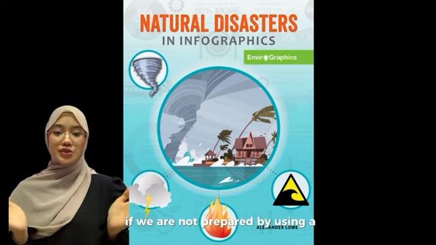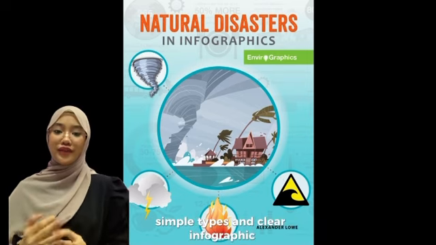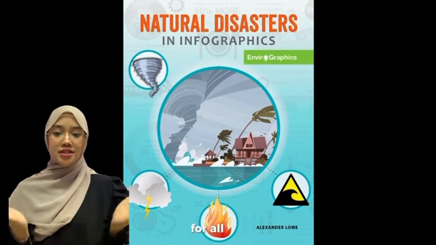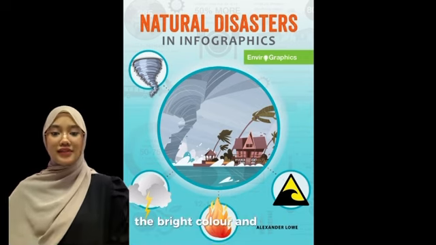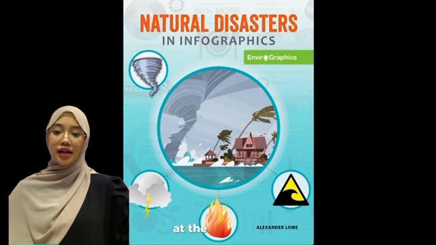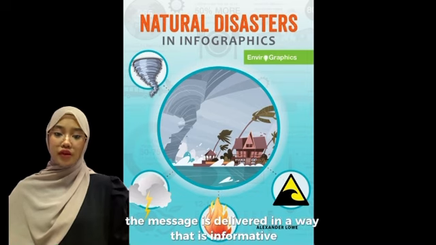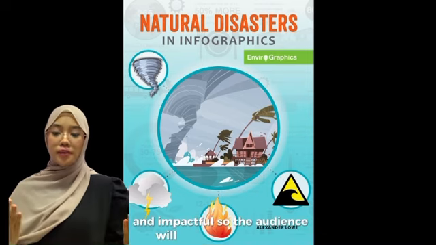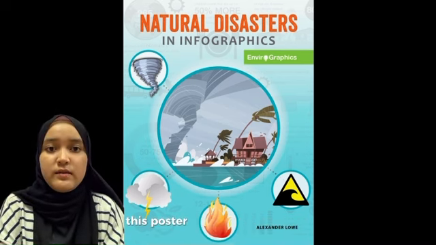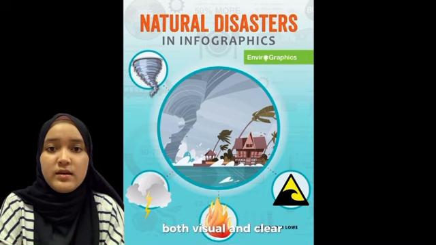By using a strong visual, simple text and clear infographic, the designer made the information easy to understand for all ages. The bright color and creative design successfully catch our attention immediately. At the same time, the message is delivered in a way that is informative and impactful, so the audience will remember it easily. In conclusion, this poster is effective because it combines both visual and clear communication to highlight the